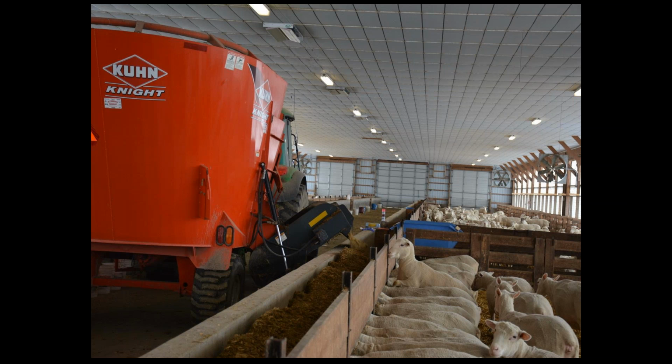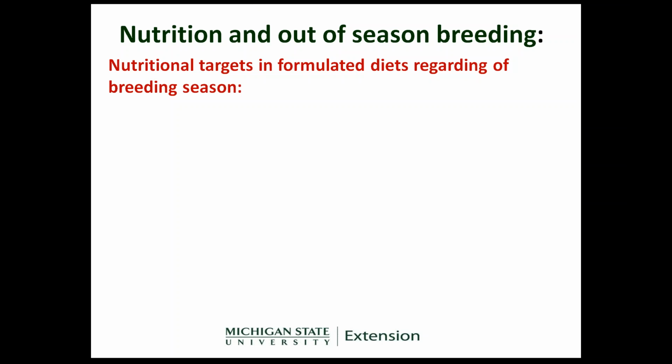Another way to do it is to improve their nutrition with a feeding system. Here's a precision TMR being fed to ewes at a large farm, and that's another simple way, or not necessarily simple, but it's simple enough to feed sheep this way. Maybe it takes a lot more infrastructure, but that's another way to do it, and you can be very precise in that kind of system. So in this kind of system where you're formulating diets in a controlled nutrition program indoors,